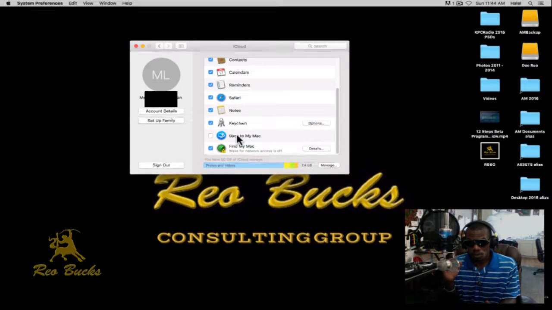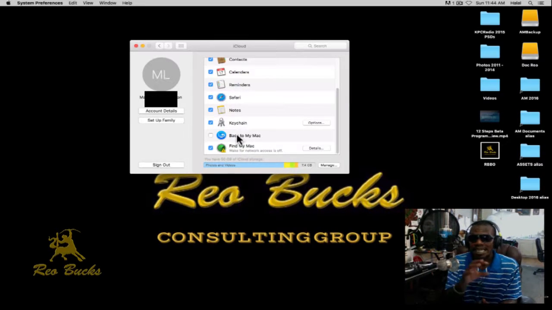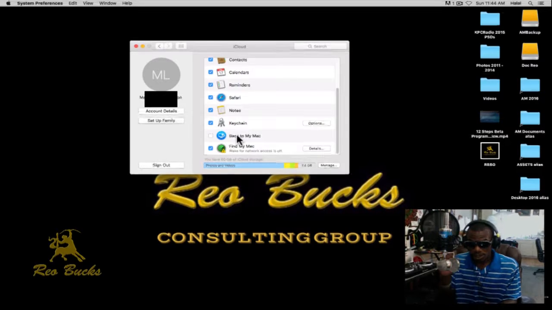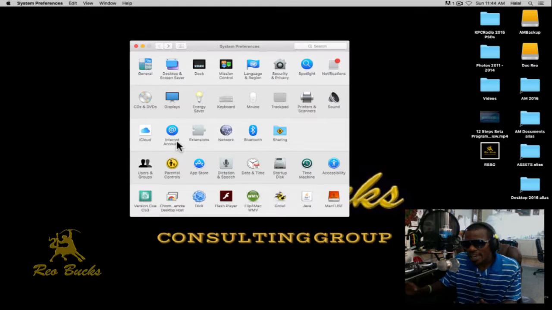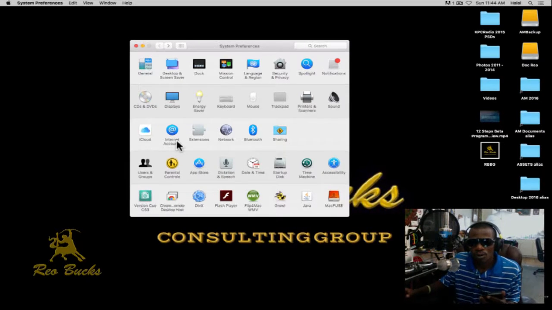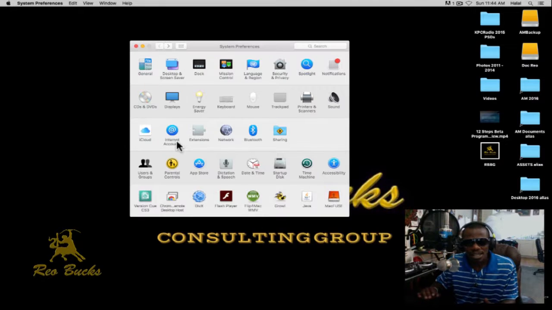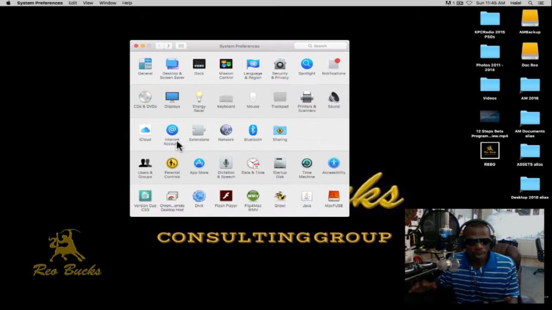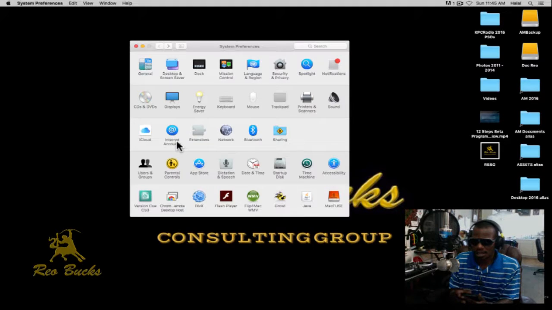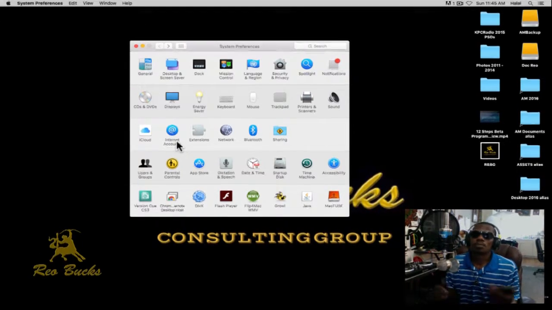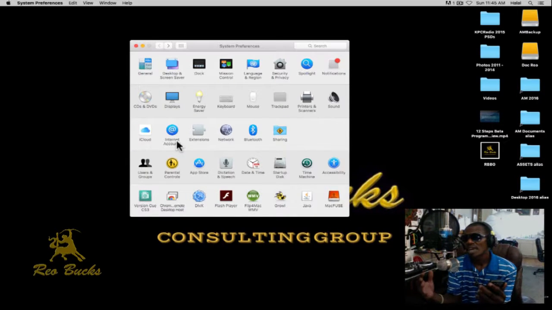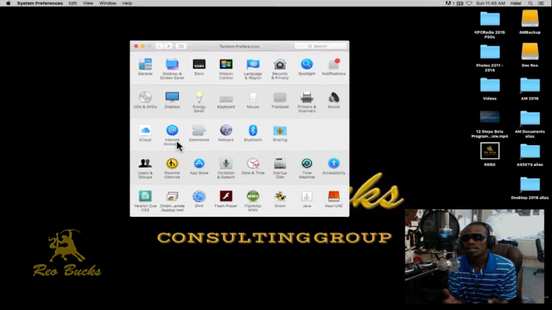Now, that's how you shut off things in iCloud. But there's another section that's not really explained on the web. I kind of fell into it looking for connecting my Gmail, and then I noticed as I was typing and doing something on Twitter, all of a sudden the computer asked me if I wanted to connect my Twitter, and I didn't know what was going on. So I went ahead and connected my Twitter. Little did I know, Twitter, Facebook, LinkedIn, all that stuff is putting a heavy load on my computer